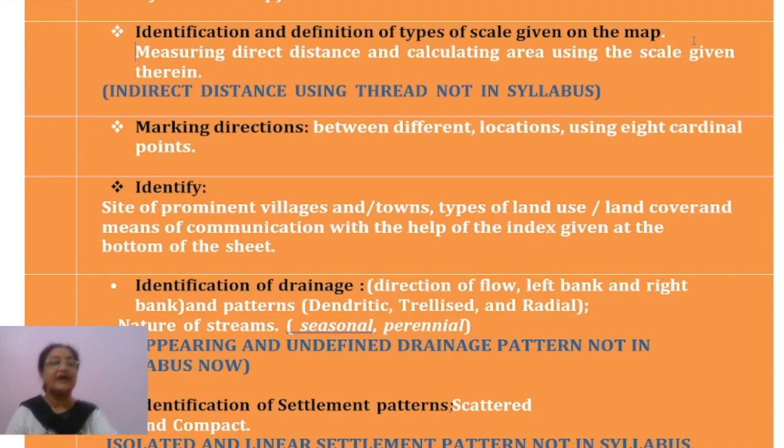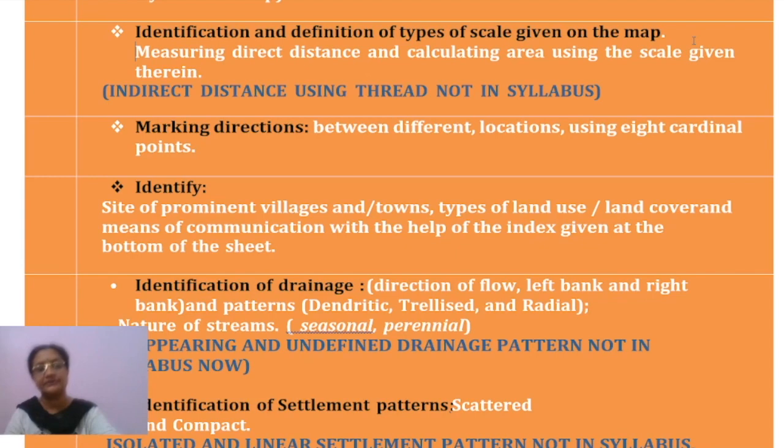Next point is to identify the site of prominent villages, villages and towns. Then type of land use, what types of land use we can find, and means of communication with the help of the index given at the bottom of the sheet. All these we have to cover. Then